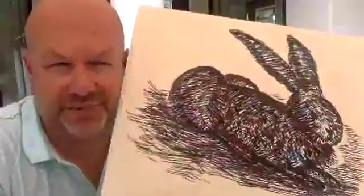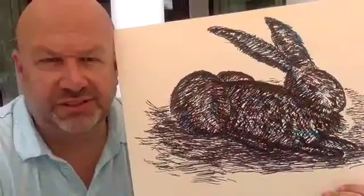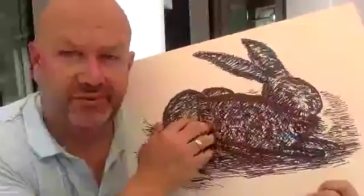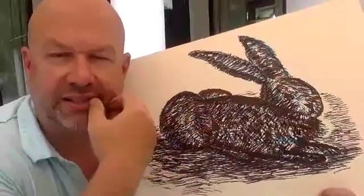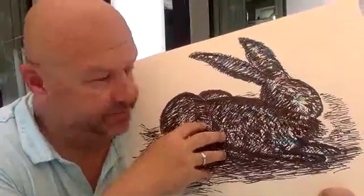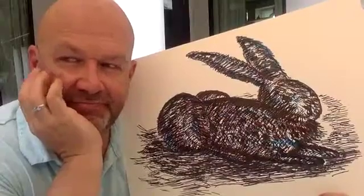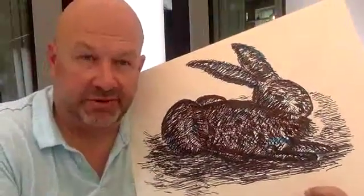So there you go. What do you think? Probably didn't think it was going to look like this when we started with the ovals and the circles and the feathers, but I have to say I'm pretty pleased with how that turned out. I might even come back with some paint and paint this rabbit, and then go over it again once it dries. I hope you guys are keeping your art supplies because you'll have something to look at later on in life. If you have something framed to remember this point in time, or remember your time with me,